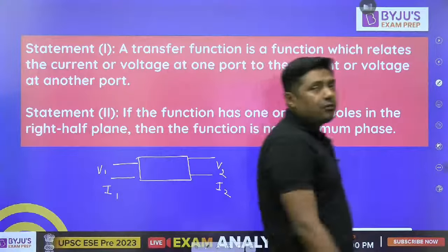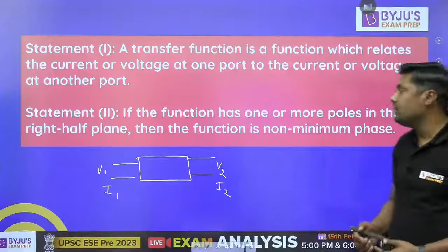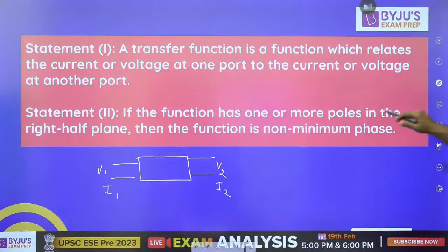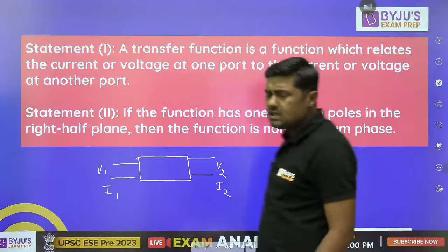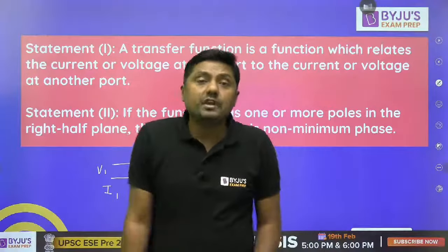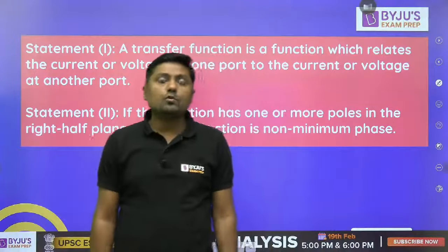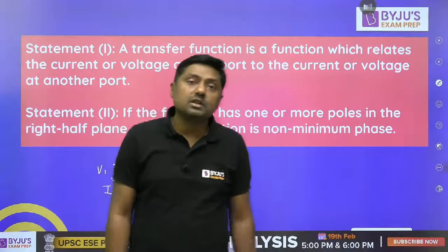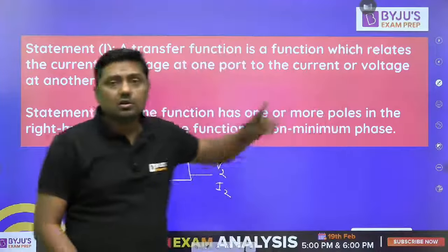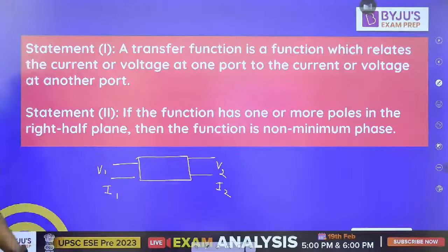That is a statement from, we can say, control, or we can say from network. If the function has one or more poles in the right half plane, then the function is non-minimum phase. Is this the right statement or wrong? Yes, non-minimum phase. There are two phases, minimum phase as well as what? Non-minimum phase. That is the question from control systems. Both the statements are correct, but there is no relation. No relation. Again, this is another type of question. Okay. Then again,